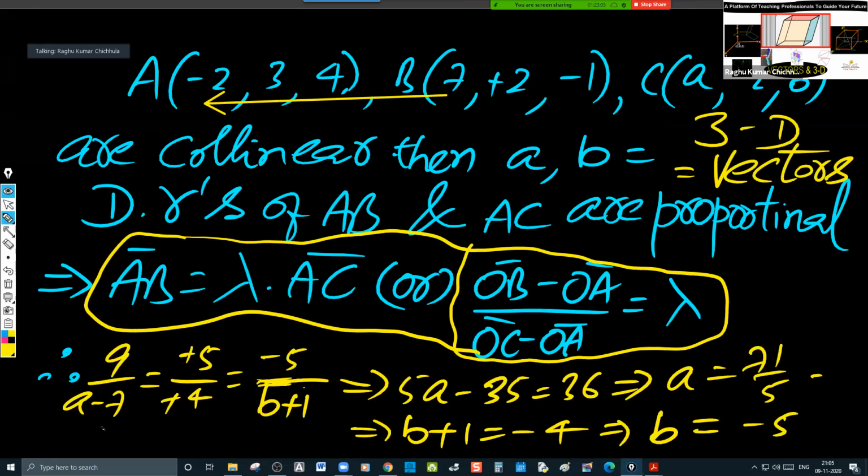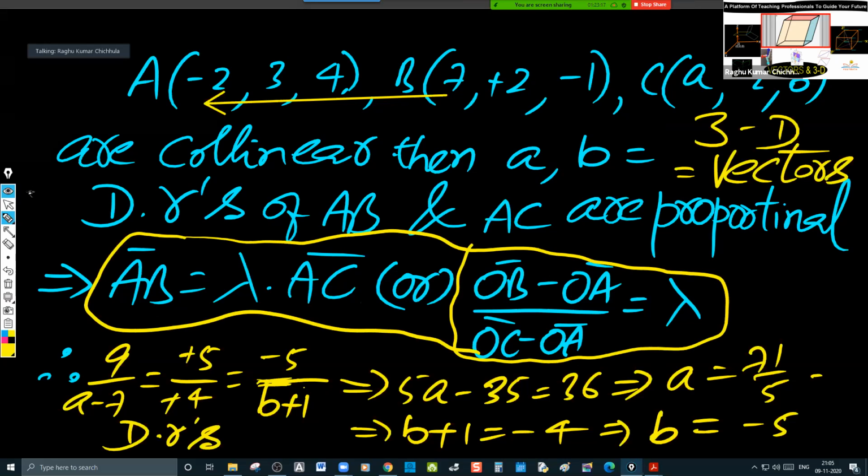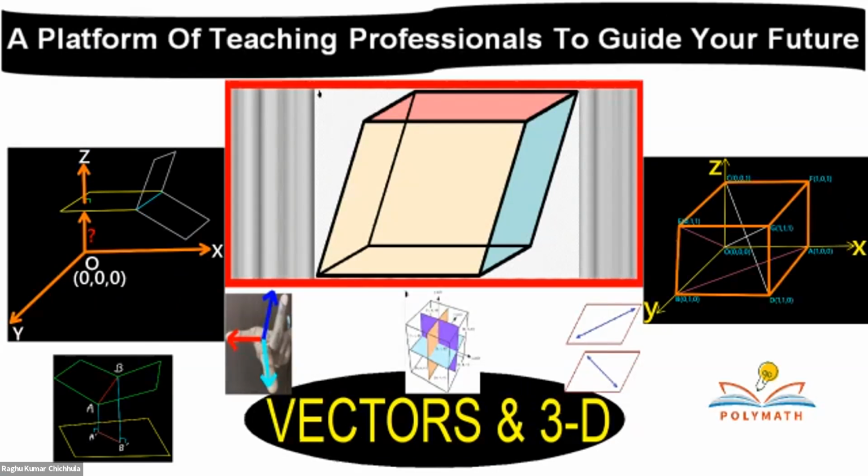In 3D, we call them DRs or DCs. In vectors, we call it linear combination. Okay. Now let us continue this in the